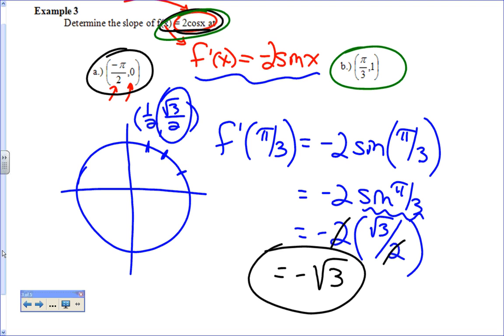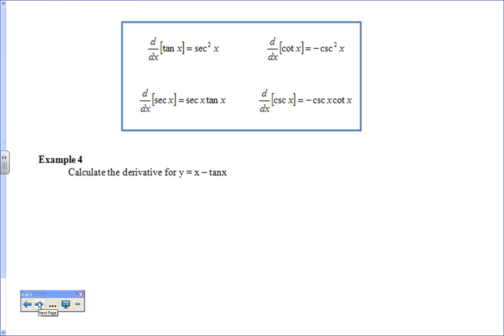So that's sine and cosine. The other trig functions also have derivatives. Those are a little bit more complicated though. So you can see there the derivative of tangent is secant squared. And remember that secant squared, that's this one right here, can be written as secant of x squared is really